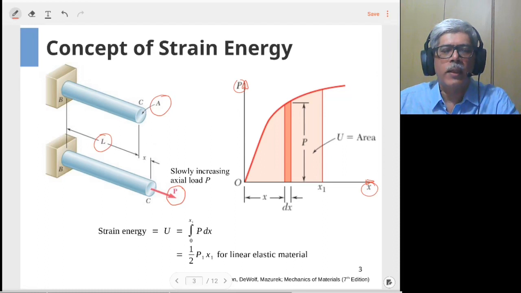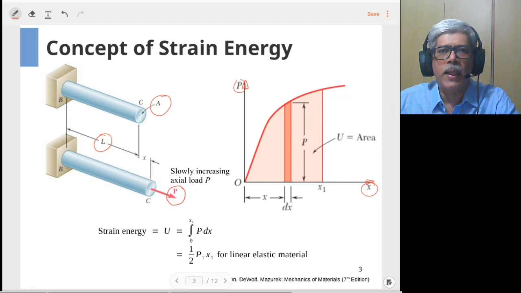In order to calculate the value of the strain energy, you can simply calculate the work done by the external forces, which is very simple in case of the problem such as the one we are discussing. We can multiply the force and the displacement it has undergone, and we can find out the work done by the external forces, and this is what would be stored in the deformed body. So that would be the strain energy of that particular body.